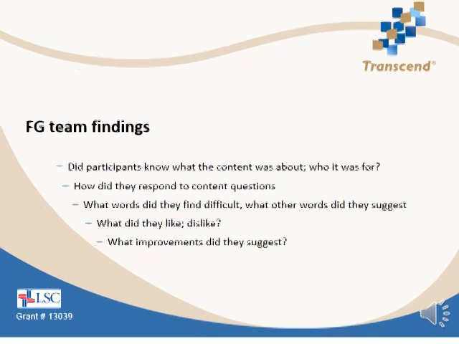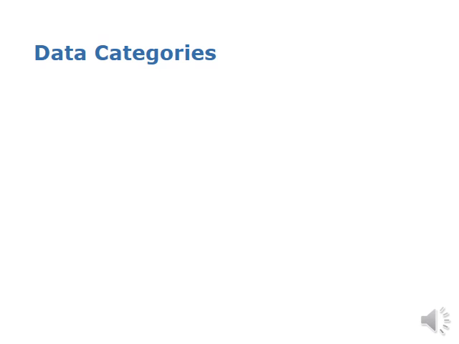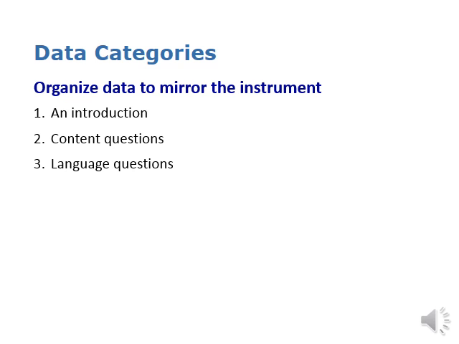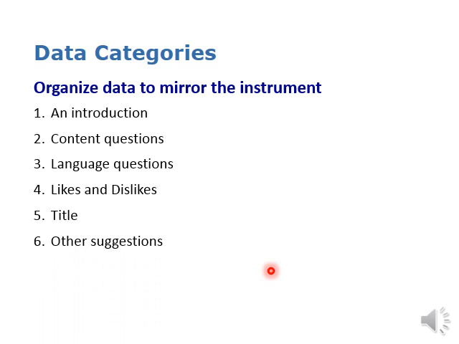So as you can see, essentially we're mimicking the categories, the data categories that we had in our instrument. As you recall, we had an introduction, we had the content questions, the language questions, the likes, dislikes. We talked a lot about the title and whether that effectively and transparently represented what the document was about, as well as their other suggestions. And this is having the instrument and collecting the data in this way